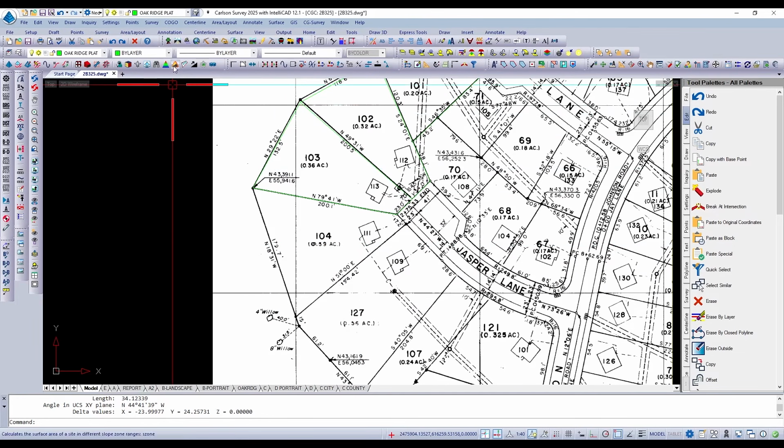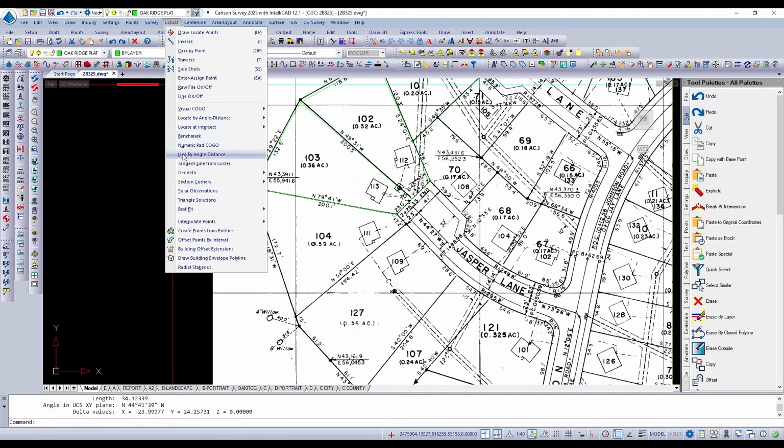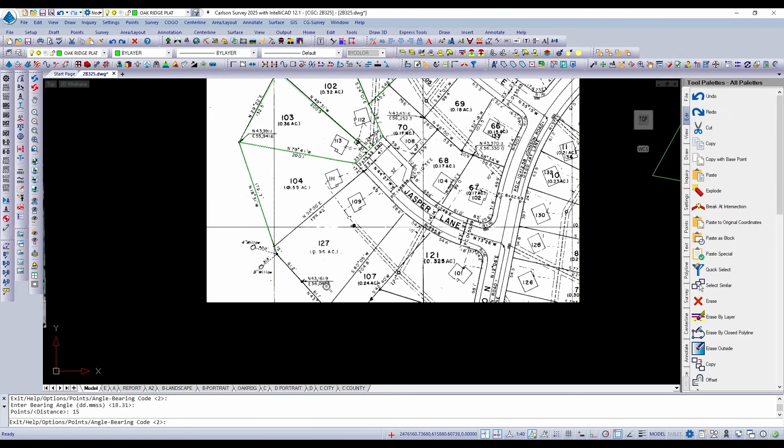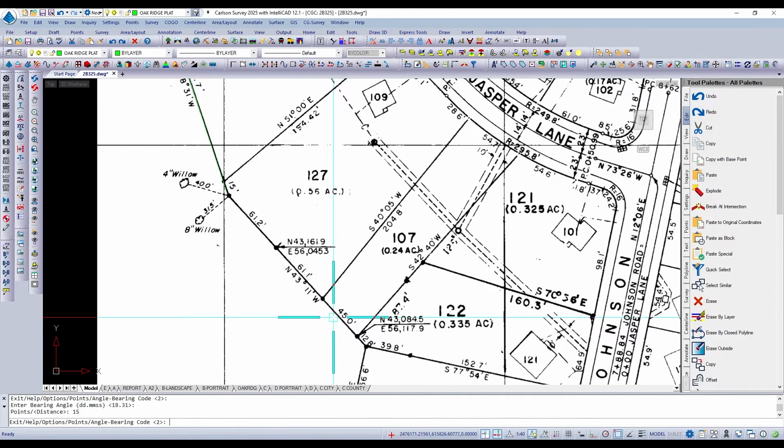So let's build 104 down here now. Quadrant 2, 1831, 179.7. We'll go ahead and draw that little 15-foot segment, keep the quadrant, keep the bearing, 15 feet. I'll go ahead and go from here southeast, 4311,